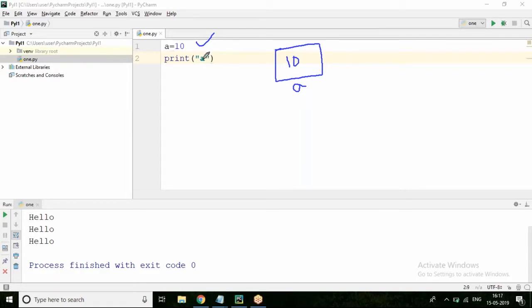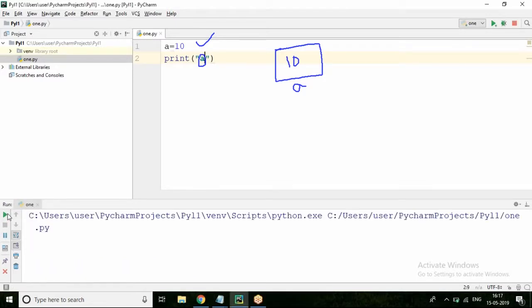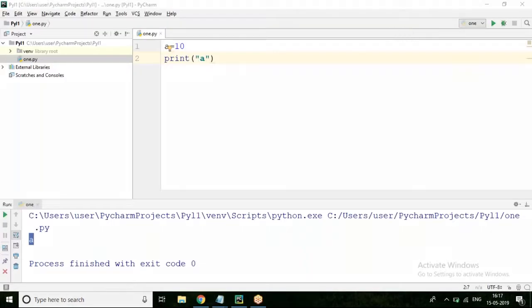A will be printed, because we have just now discussed whatever you put in the double quote of a print function will be printed as it is onto the monitor. So what happened? A printed here. But I don't want a to be printed. I want 10 to be printed. I want the value of the cell to be printed.